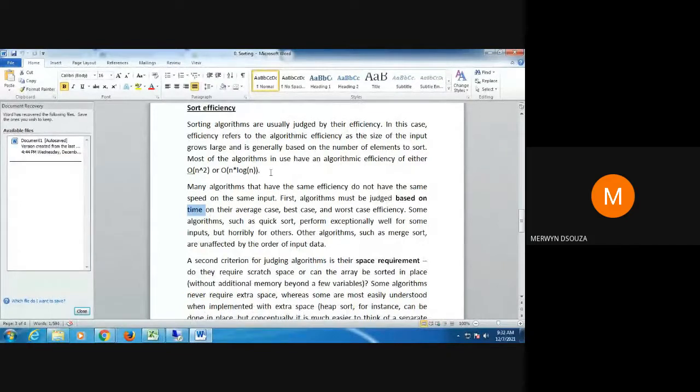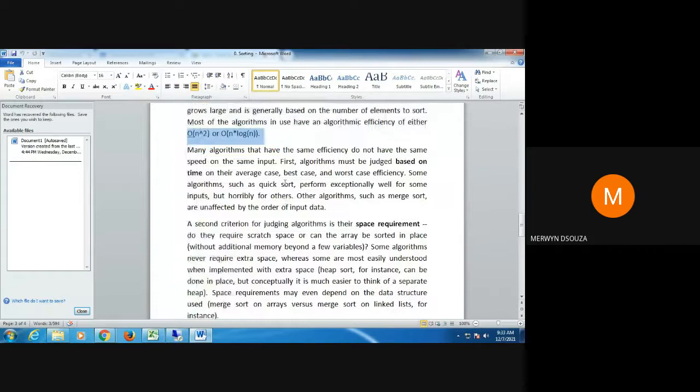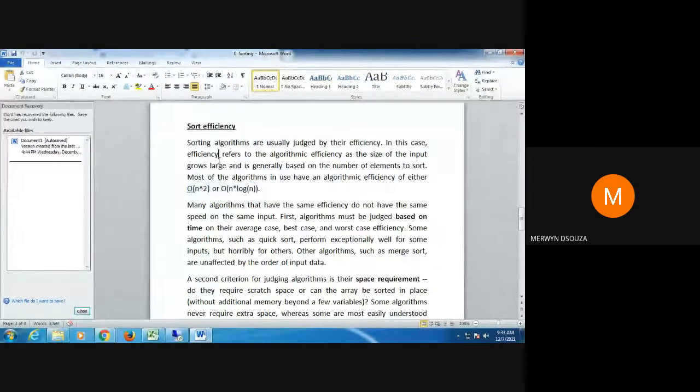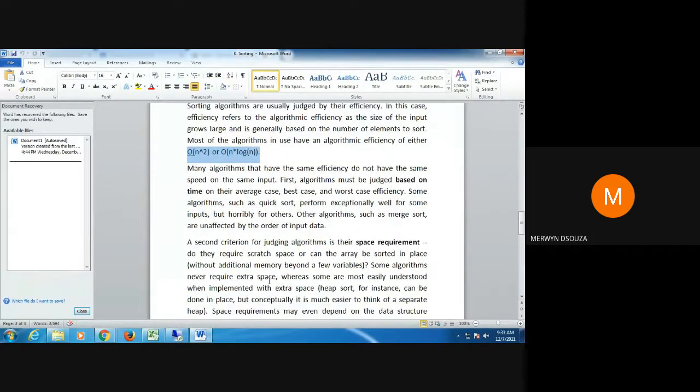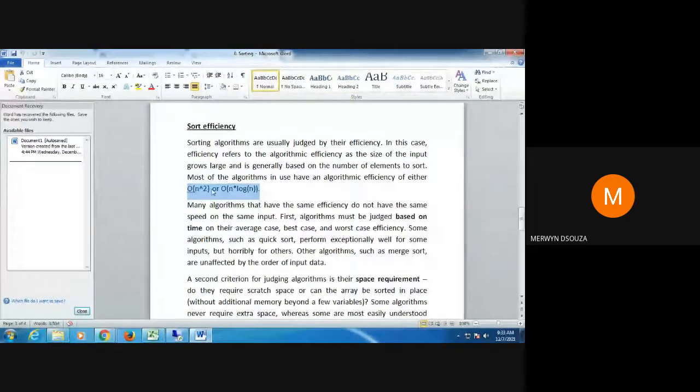Based on that, we get some logarithmic values like this. This is known as O notation, and then n log n. This is calculated based on that, and each algorithm has some specific value. For now you can search for these efficiency values on the internet for all the algorithms that you're going to study, because they sometimes ask, and all these measures are mentioned in your textbook also. But we are not going to look at them in detail because you will learn it in a different subject in a higher semester. I think next semester you're going to learn that.